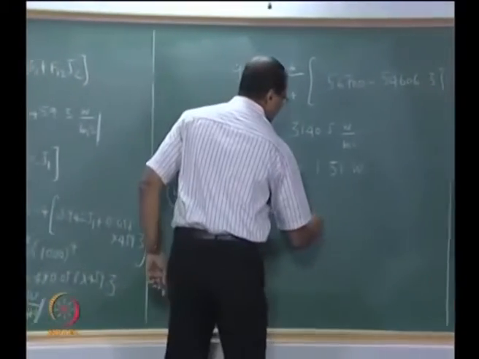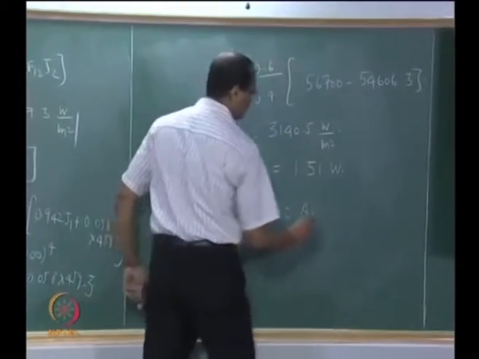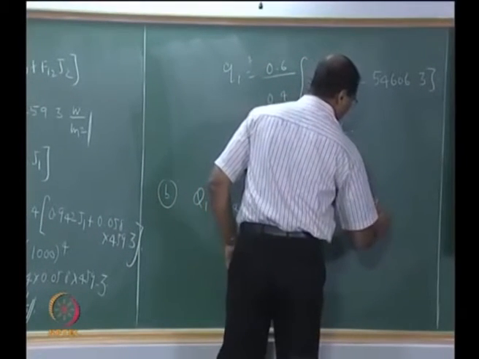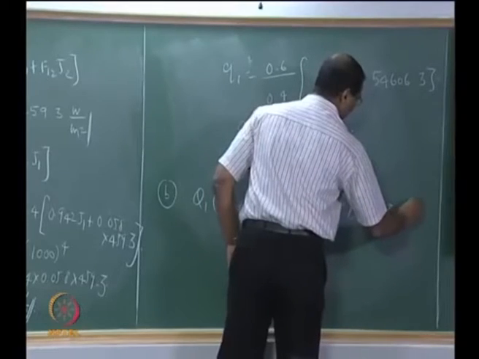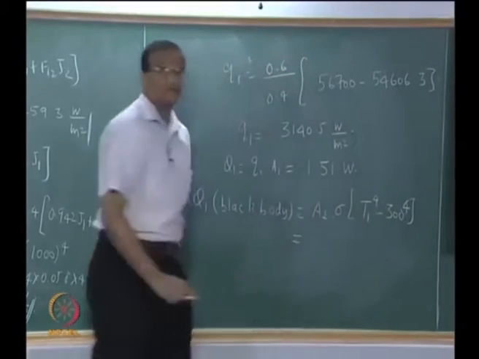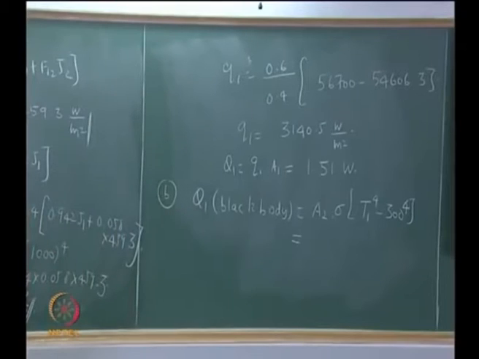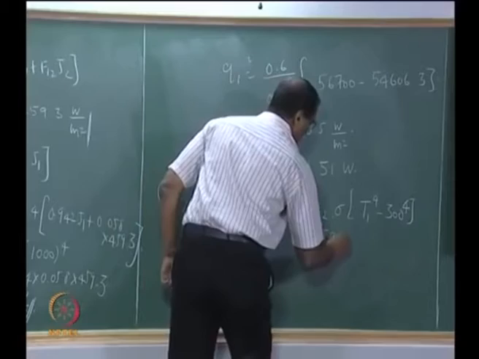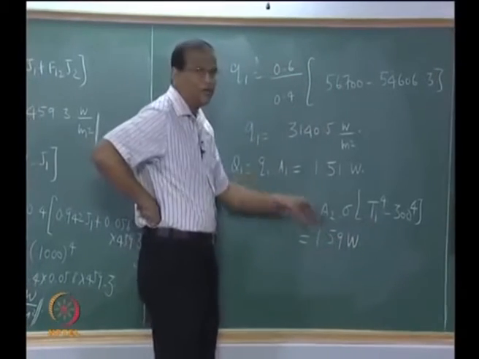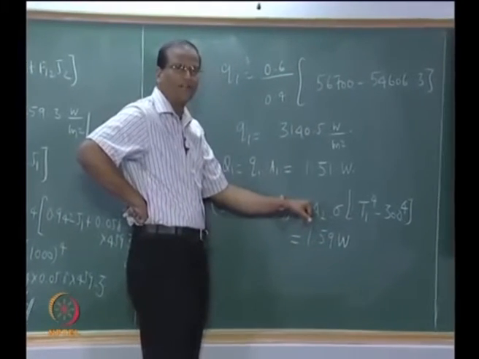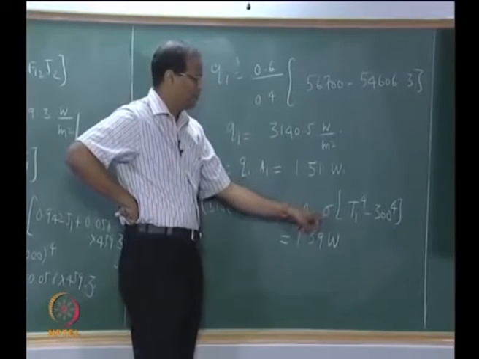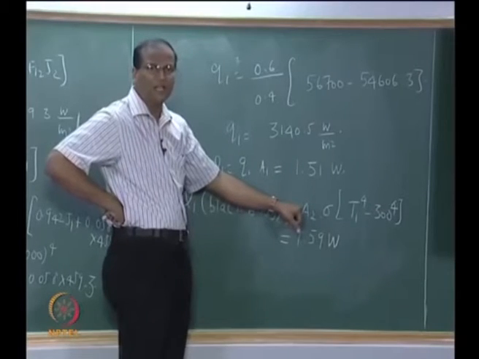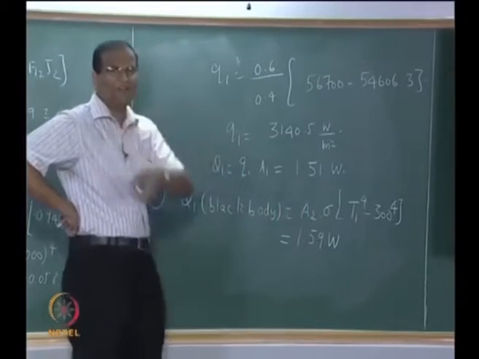So this is how much is this, okay, 1.59 watts. A2 is the area of the opening, pi d square by 4, where d is 6 millimeter, Stefan Boltzmann constant, 1000 Kelvin minus 300. Please be careful to multiply only the area A2 because that is from the definition given in the part B